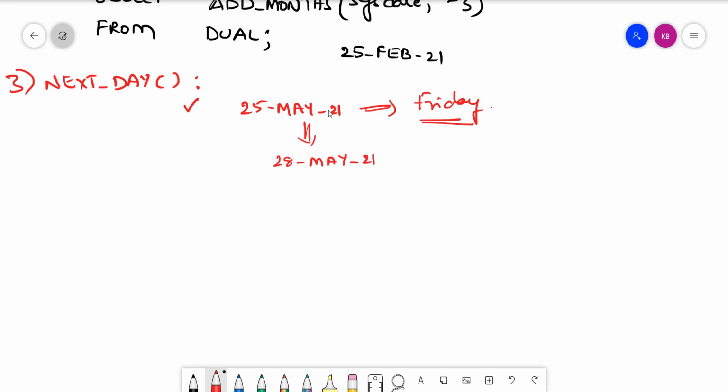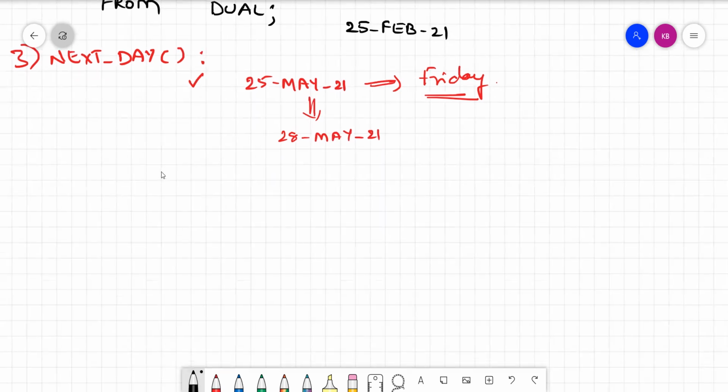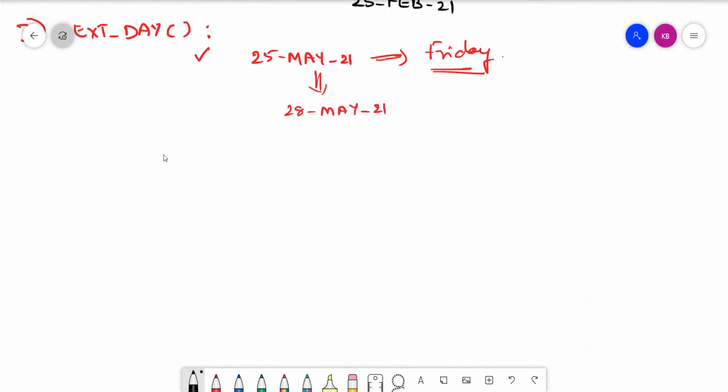With this understanding of how next_day works, we can easily understand what inputs are to be given to the next_day function. For next_day, the first value would be the date and the second one would be the day of the week.